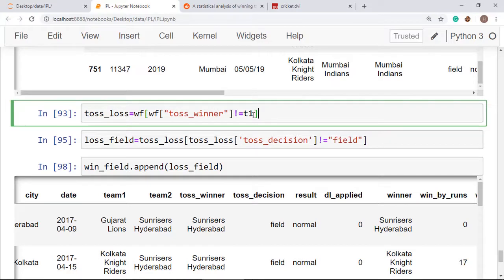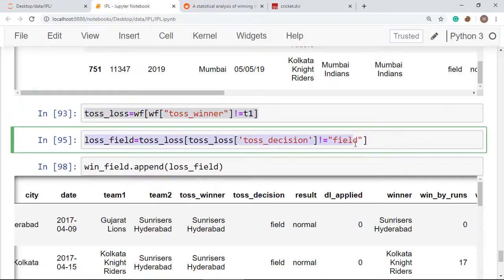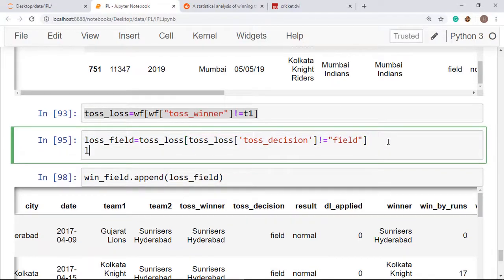So this will collect all those rows where Mumbai Indians has lost the toss, and now I am checking that toss decision is not equal to field, meaning the toss decision is bat for the team who has won the toss. So this will give us a data set where Mumbai Indians has lost the toss and batted in the second inning.